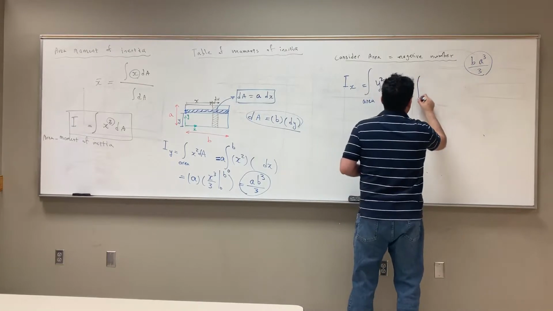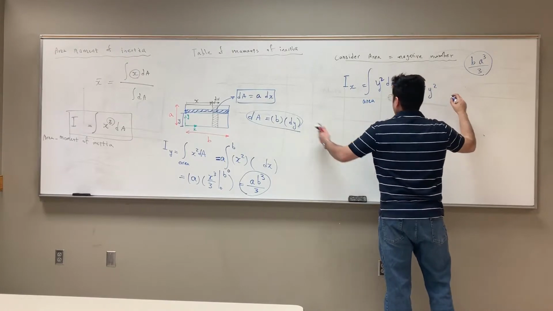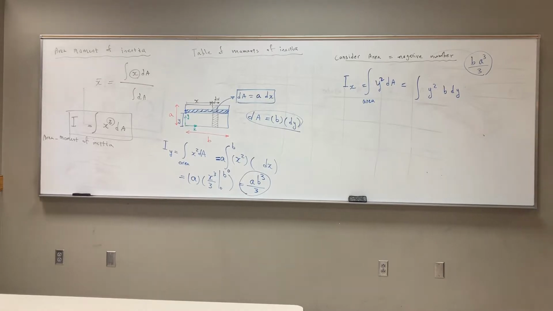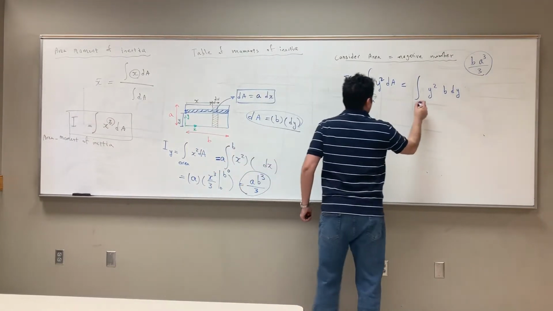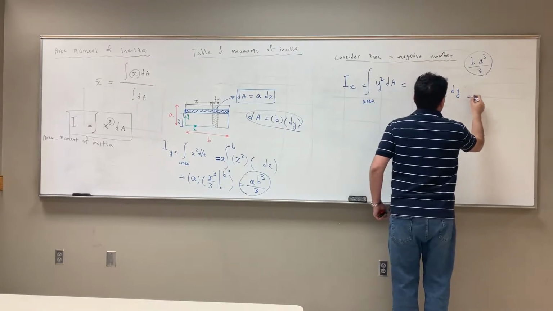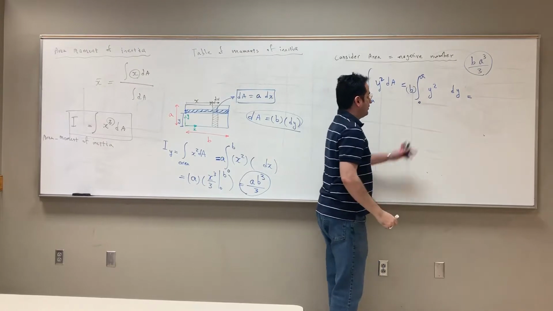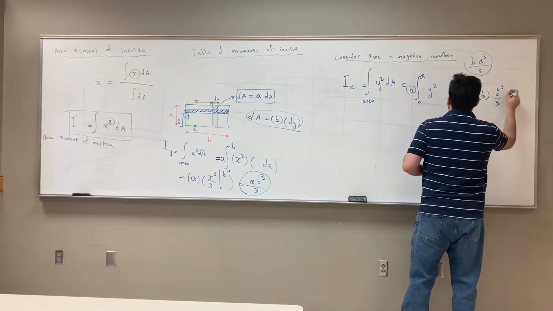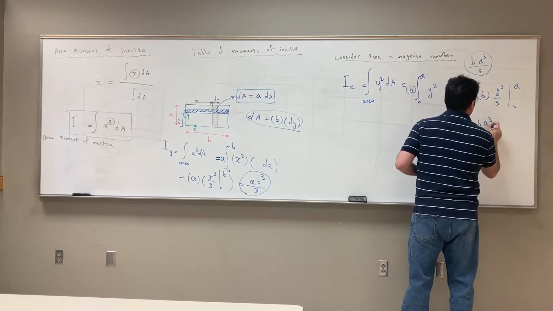You get the integral of y squared, which comes from the formula, times dA. dA is b dy. Now integration is over y, from 0 to A. So you take the b out, and you get b times y cubed over 3 from 0 to A, so you get b A cubed over